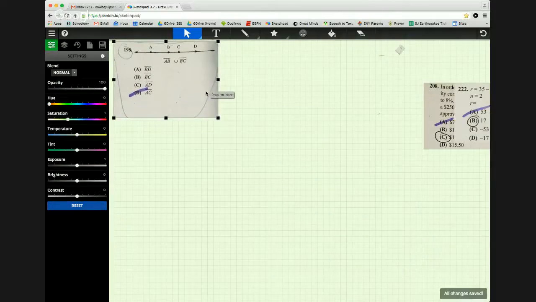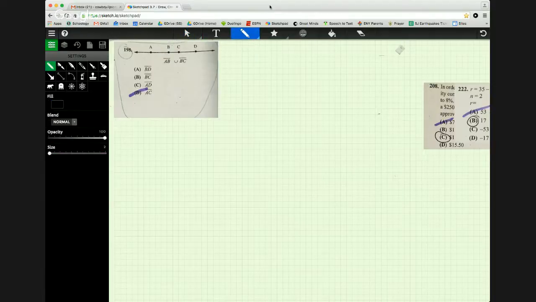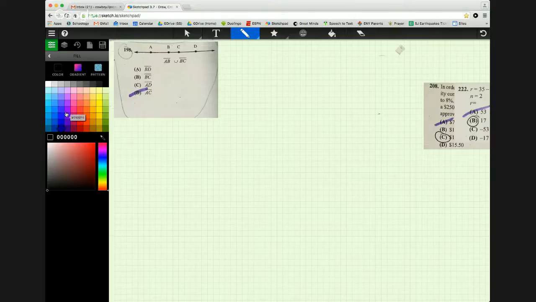Okay. I love this problem. Let's get this one sorted out. So we have this number line, and it's asking us this question of AB union BC. So U means union. And union means